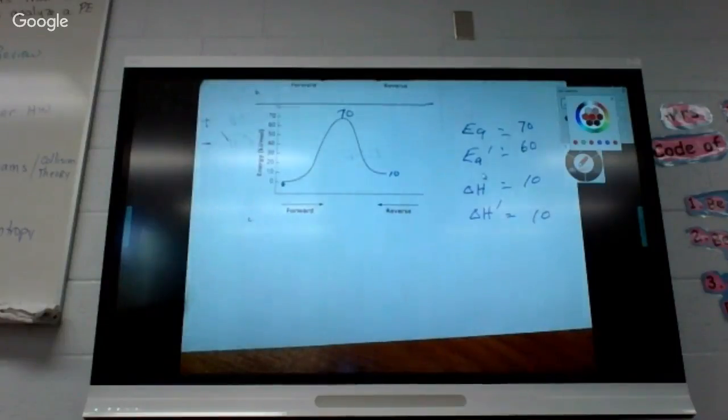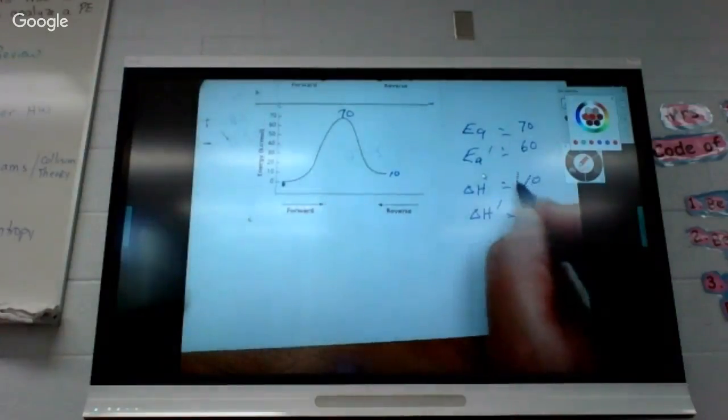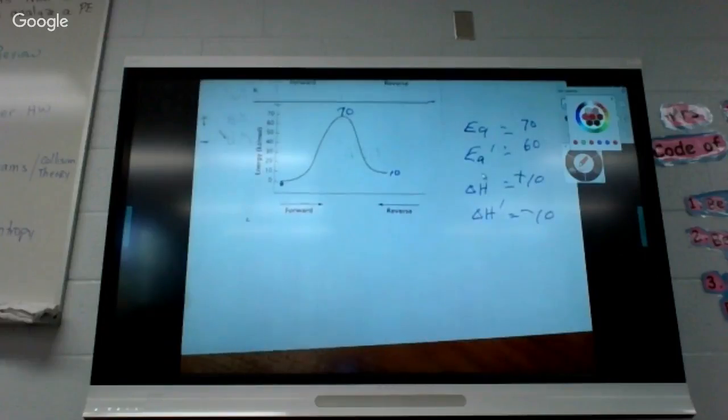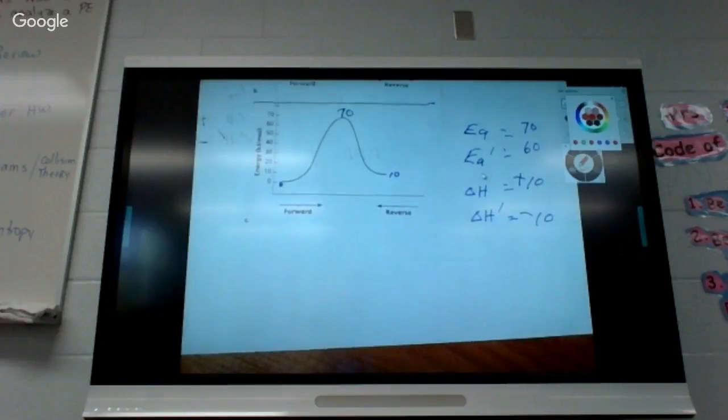So is it endothermic or exothermic? Endo. All right, I hear endo. So positive and negative, and they're all kilojoules per mole. Yes? No? Anybody need me to go back and explain? Anybody? If I ask you to do any of this tomorrow on the quiz, we can label the parts.